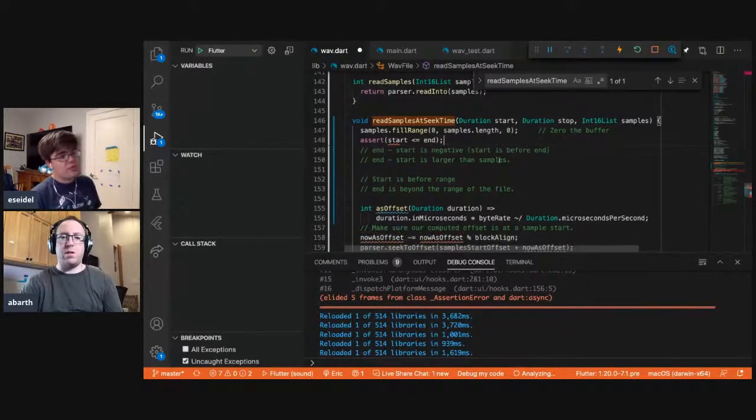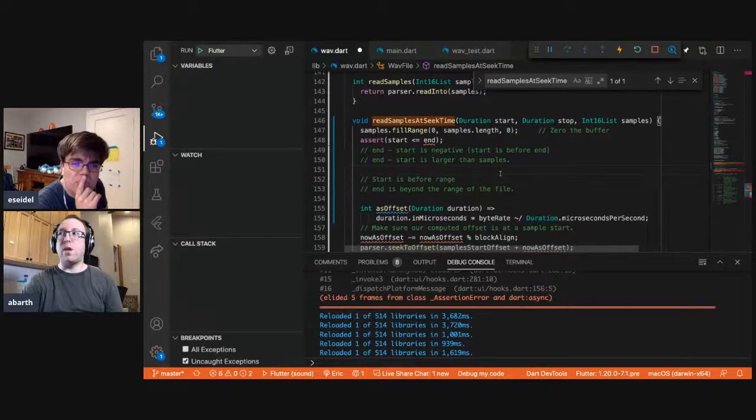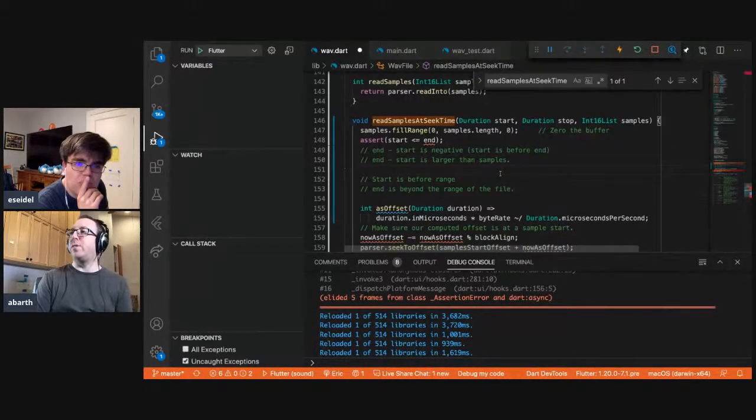Right, there's a property for... I think you want to say assert that start is greater than or equal to duration.0. Durations are always positive. That's not what the doc says. It says the duration may be negative if the difference is from a later time to an earlier time. But we want to be able to pass negative durations. I don't know if duration is the right unit that we're using here, but we want to be able to pass negatives, right? Because you want to be before zero.